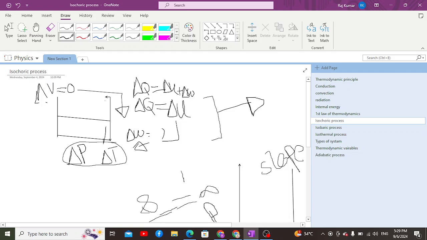There is a fixed cylinder, a fixed container in which the volume is kept constant, due to which whenever there is an increase in the thermal energy of the system, the heat provided is equal to the increase in the internal energy of the system. This increase in internal energy will cause an increase in kinetic energy and thus ultimately lead to an increase in the temperature and pressure of the system.